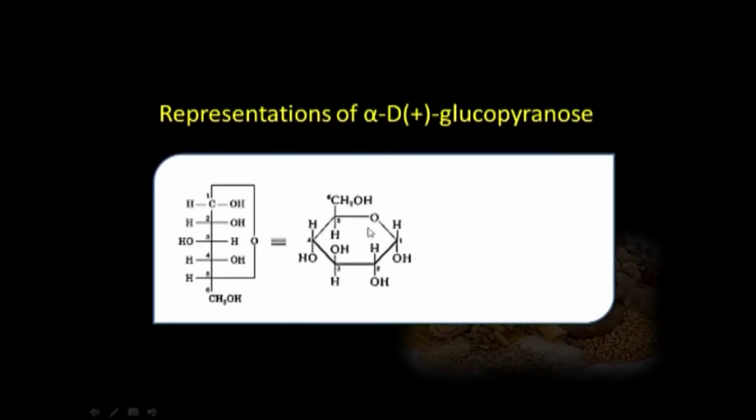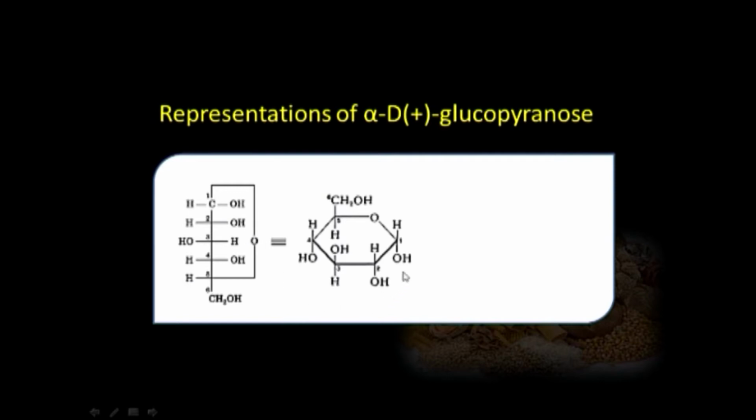It is drawn like this. This end is given to oxygen, and this carbon number 1, which was here, has occupied this position. The hydroxyl that was on the right side, or hydrogen, whatever the groups on the right side, when this ring in this plane is tilted like this, all those groups on the right side will be below the ring. So, this hydroxyl at carbon number 1 is on the right side, and at carbon number 2